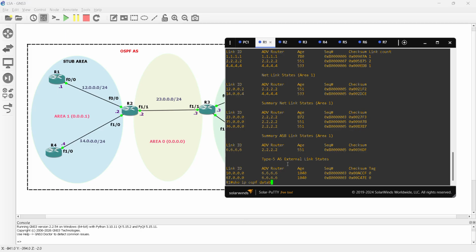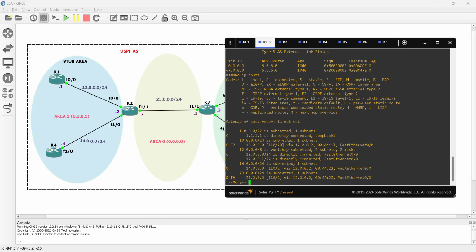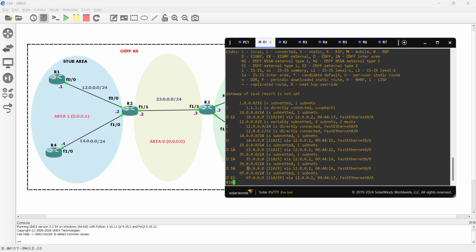And if we also check show ip route, here we can see it has the information about network 67, right? And also about the 10 network through OSPF external type 2, right? Now what we'll do is